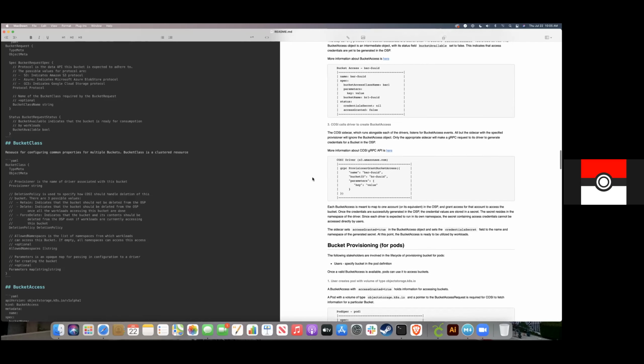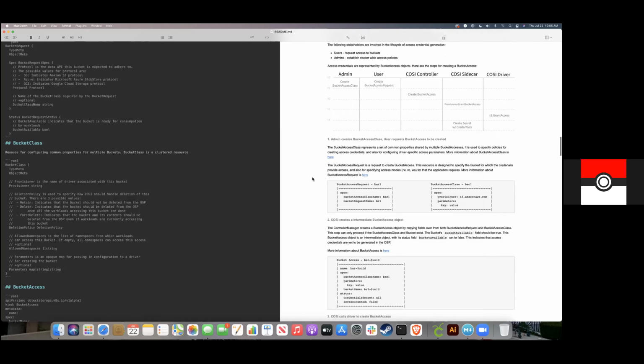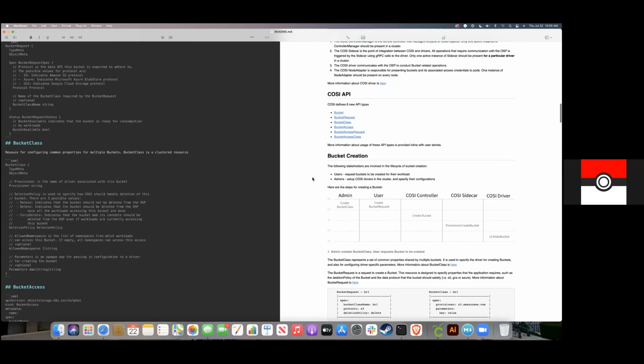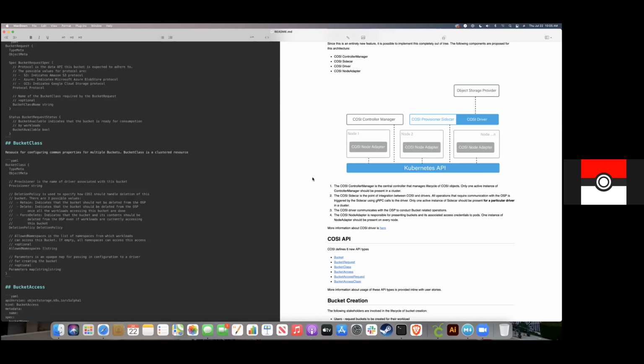One thing I can see being added here is maybe a few more diagrams to make things easier to understand, but that's really just a nice to have.